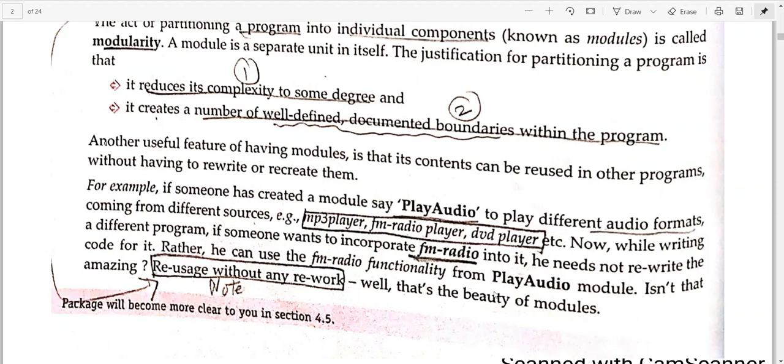He just has to use the play audio module in the program. So ultimately a module is allowing us to reuse the work without doing any work. Whatever has been done previously will be reused again without any effort, just by importing that particular module.